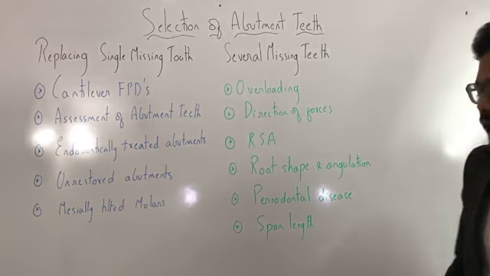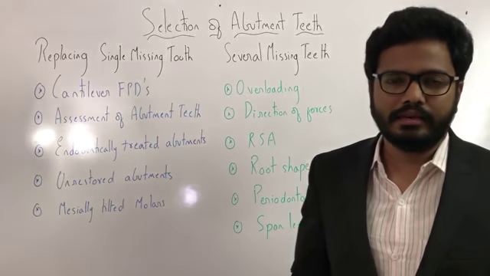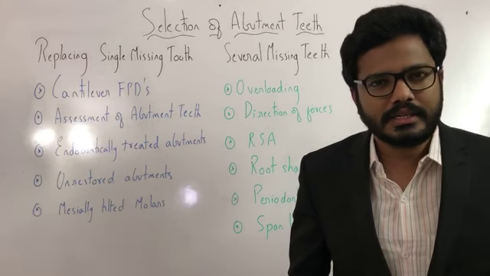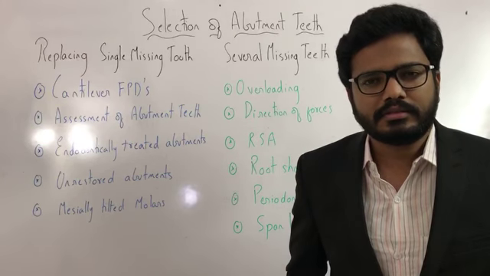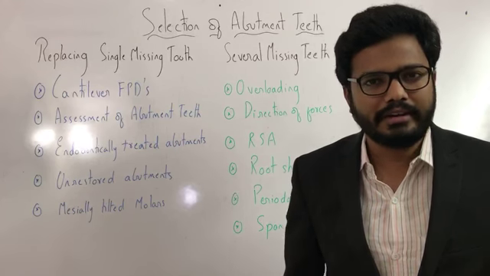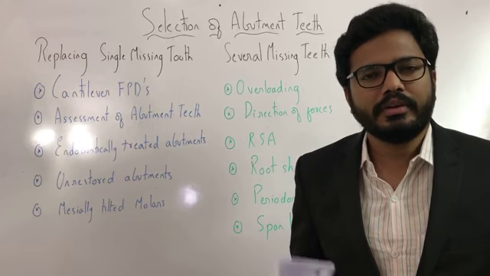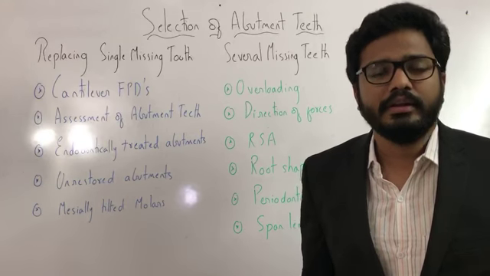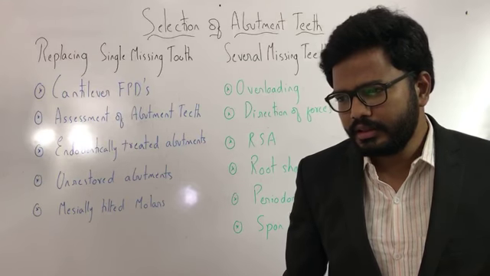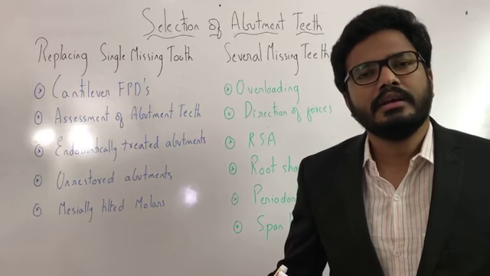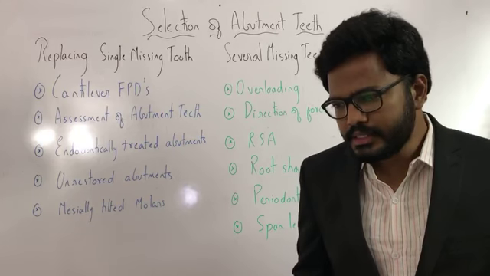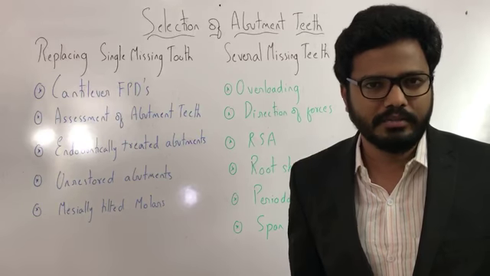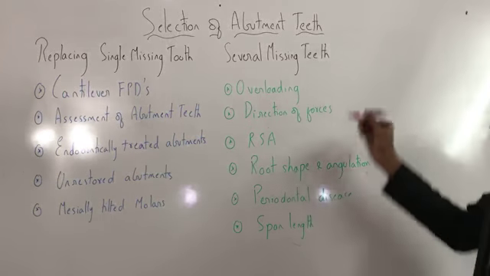And finally, we have a relation between span length and deflection. So it's mentioned that any long span fixed partial denture deflects whenever there is some force acting on it. So there is a relation between the amount of deflection and the length of the span of that FPD. So it's mentioned that the deflection is proportional to the cube of the length of the span of the bridge. In the sense, you have this one